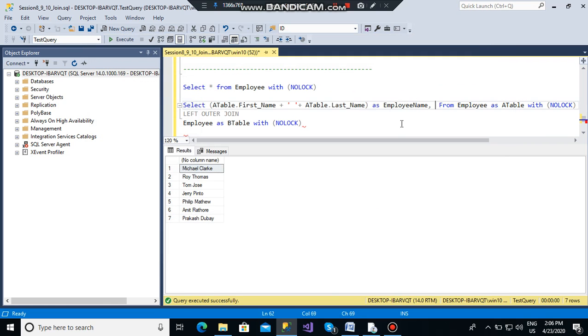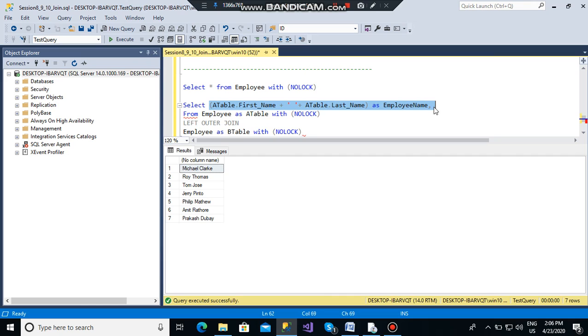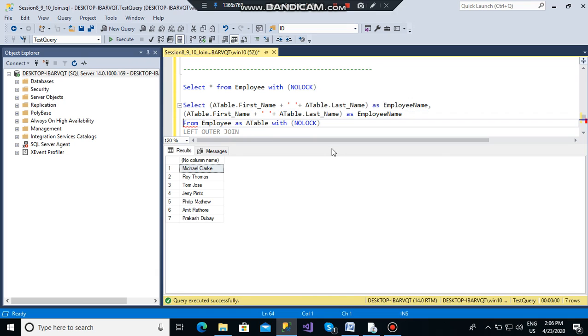Along with the employee name, we need to show the manager name also. So I'm going to copy this and paste it here, and then I have to change the alias to manager name.